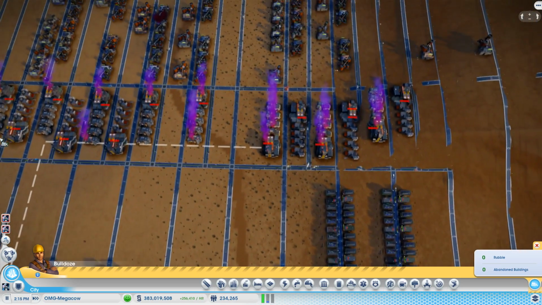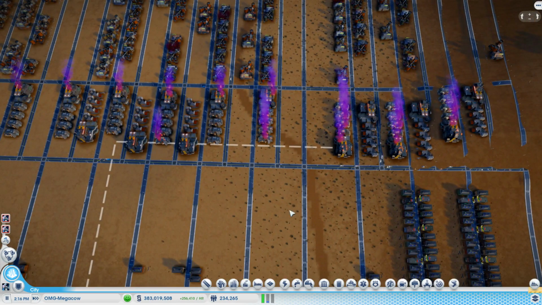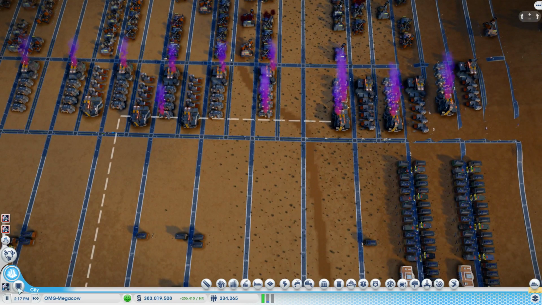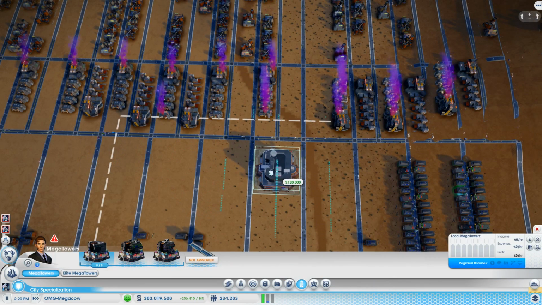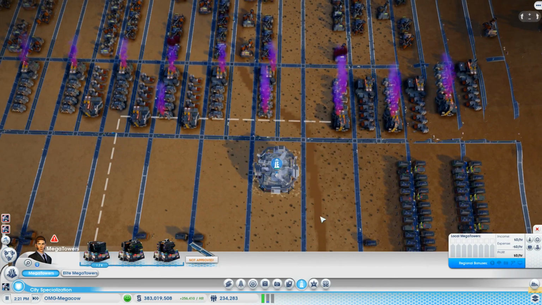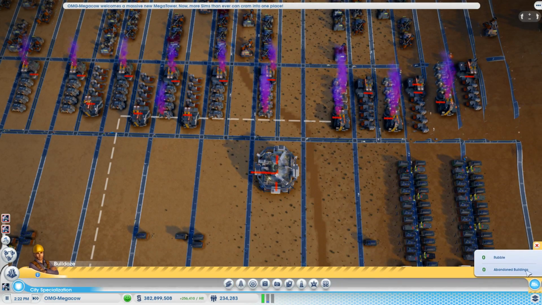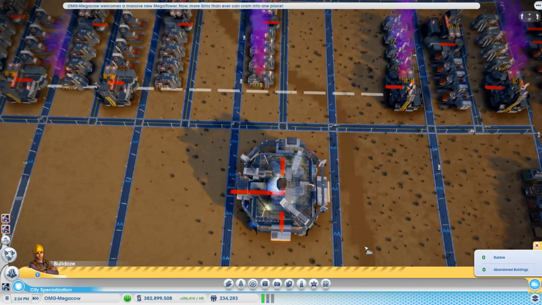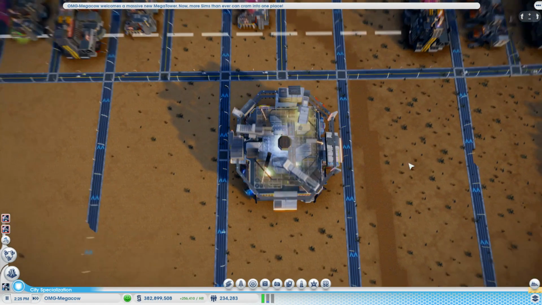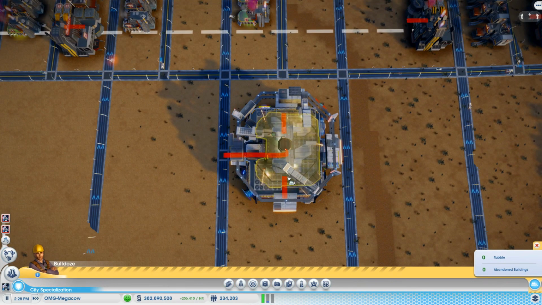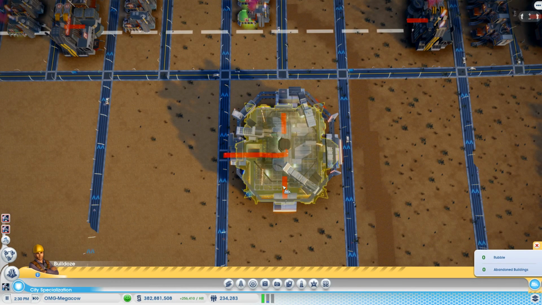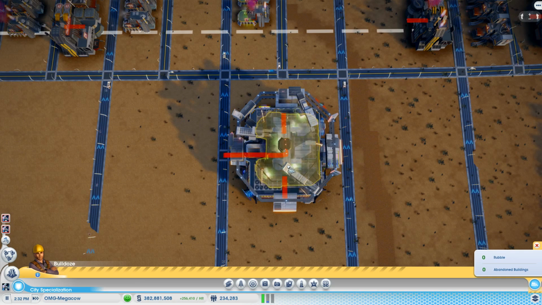All right? So let me show you. Let me plop in a mega tower, and I'll show you exactly how this works. So let's just bang a mega tower in there. If I bring up the bulldoze tool, you'll see, and I'm going to zoom in because this is important if you're trying to do this, there's a section of road that runs all the way through, and a section of road that runs in here and joins up. So it's a complete T, even though it looks like there's a little section missing here and here. It's actually a complete section.